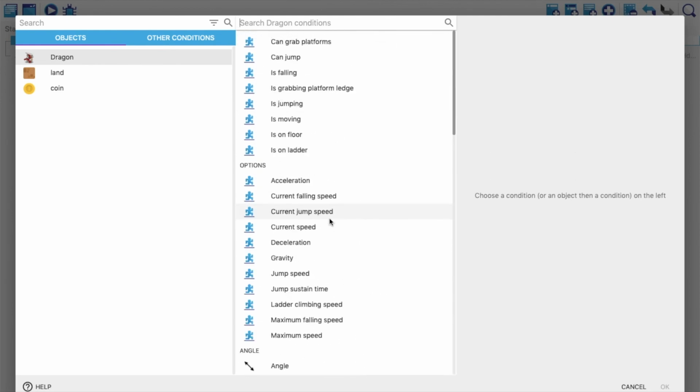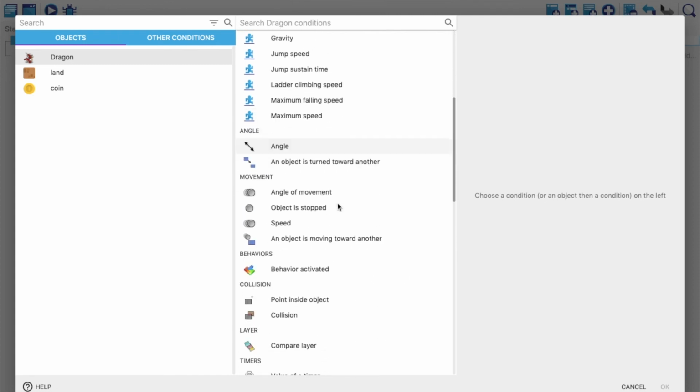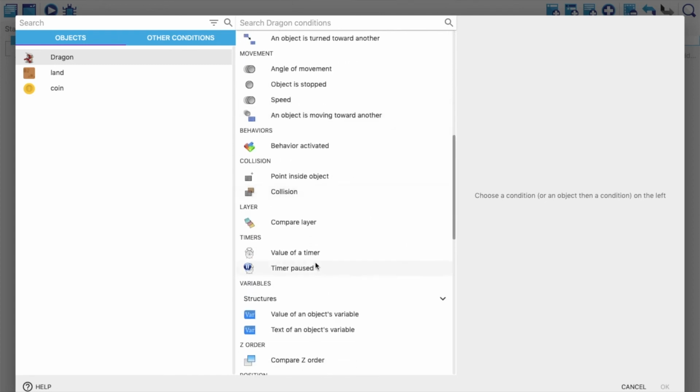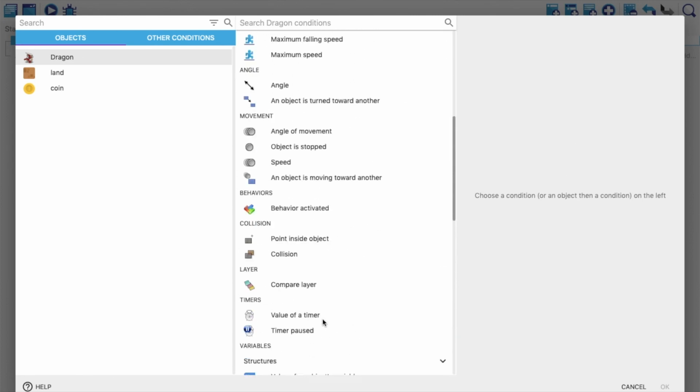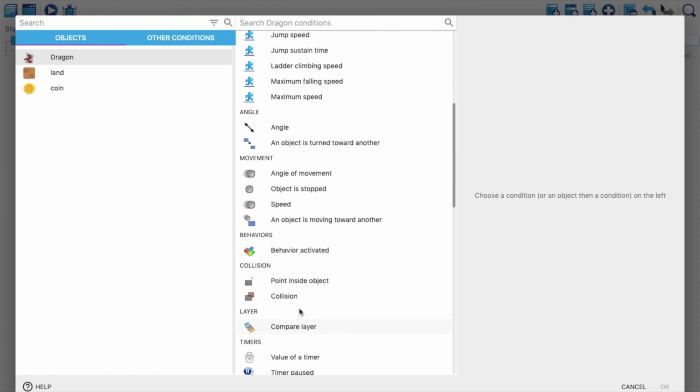Either you can search, if you know the keywords already in GDevelop, or you can scroll down and see and learn which particular condition you can add with this. Now for doing this we use collision. There is nothing called when the dragon touches another object. The word that is used here is collision. That means when the dragon collides with something.